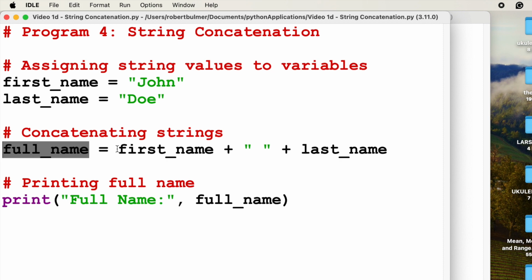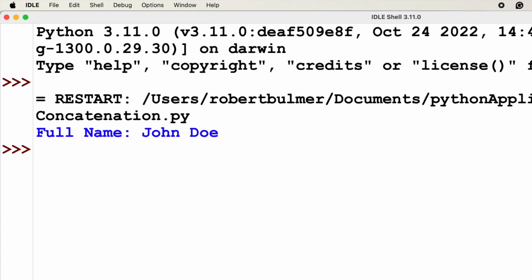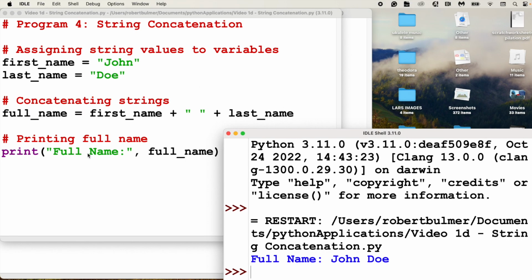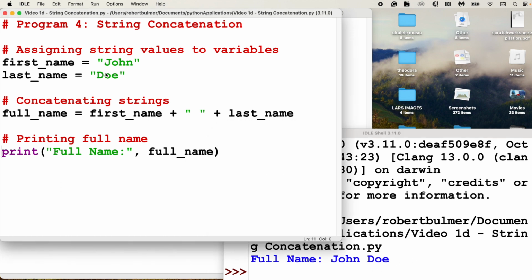But full name equals the first name plus, and I've just put a space in here, yeah, a blank space, plus last name. Okay, so now when I do print full name, it should print out the first name joined by the last name. Let's run. And there we go, it prints out full name. If I change this program here,